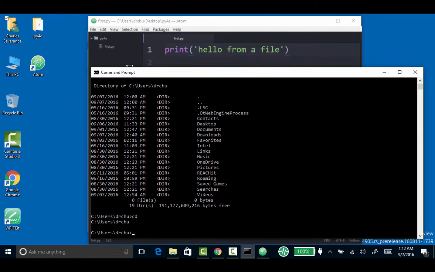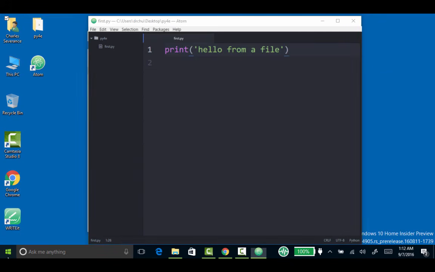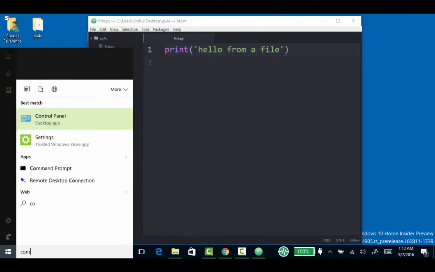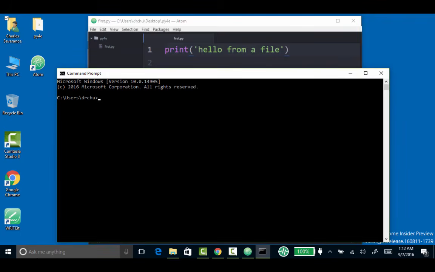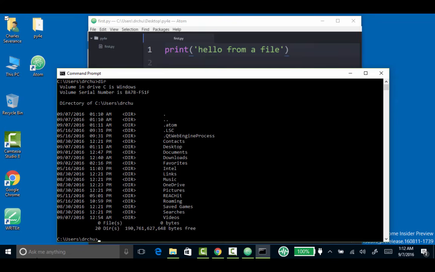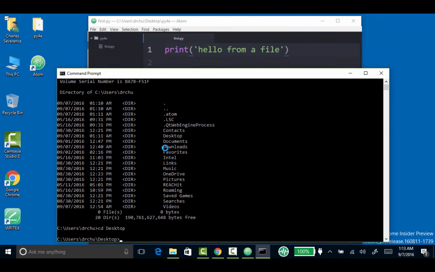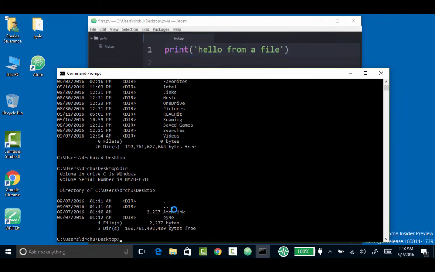And if I'm in this command line, let me just start that up again. I'll show you how to start the command line again. Now, if I do a dir, I see the folders that I'm in, and one of the folders that you can see here is the desktop folder. So I'm going to say cd desktop, and then I'm going to type the dir command to see what folders are in the desktop. These folders are the same as these folders. These things are kind of virtual folders.